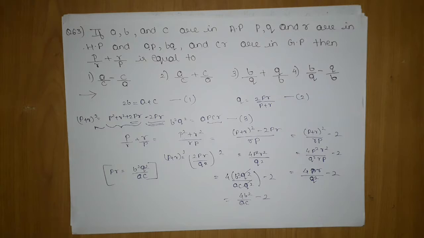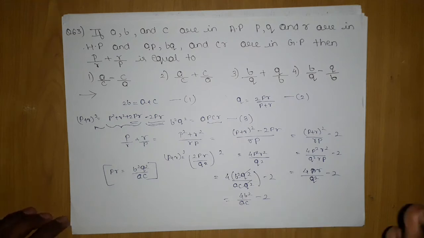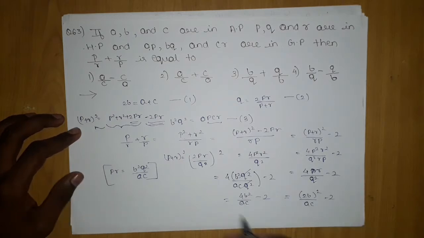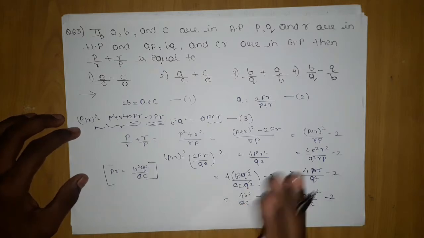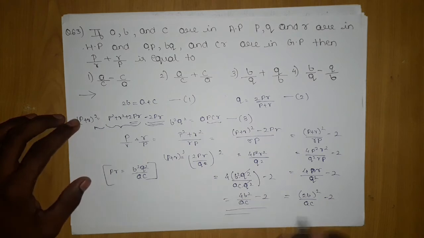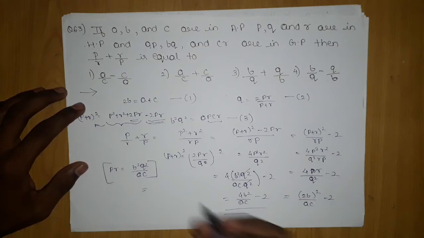Now here this is the last step. If you are very close to the answer, the last thing is based on your observation. If you can observe, if you are thinking like that, I will make 2b the whole square, then you are thinking right, because that is the last trick of this question, which will end this question up. If you are able to think that this is 2b the whole square, then you got the answer. If you are not able to think, then all of the work is a waste, a wastage of time invested in this problem.